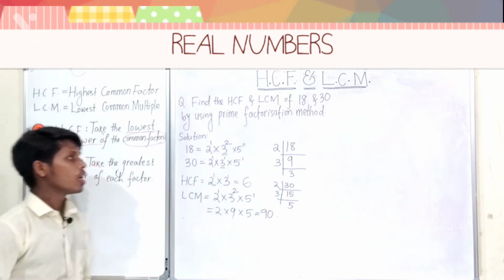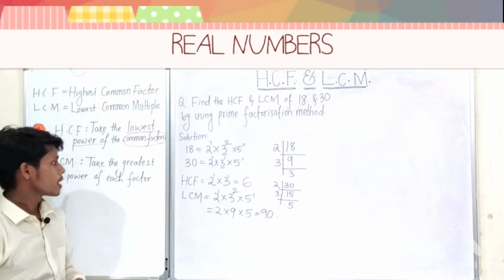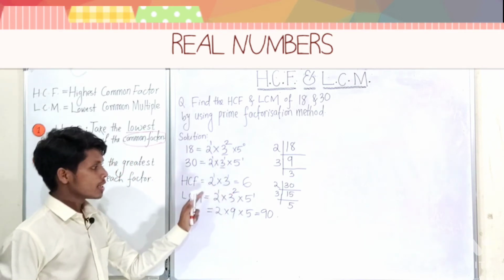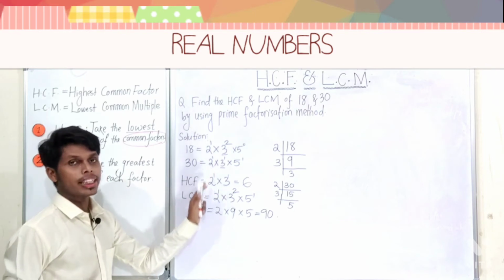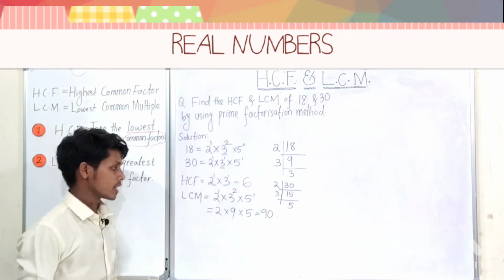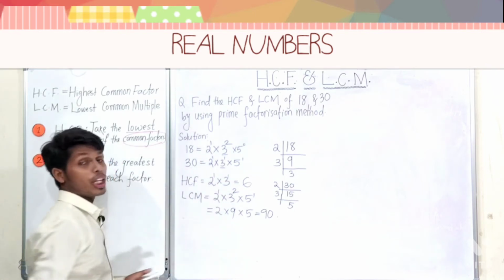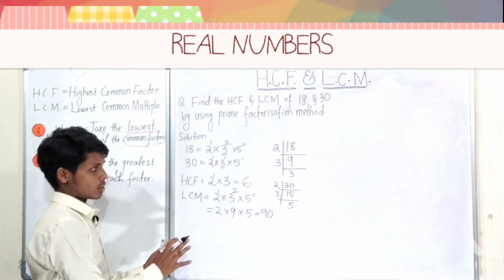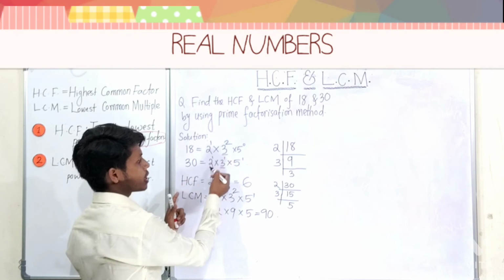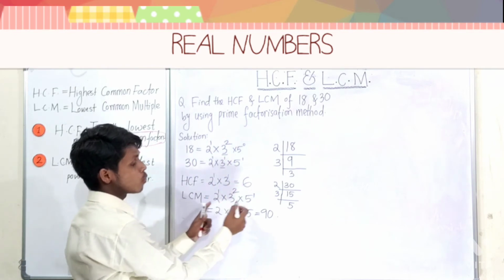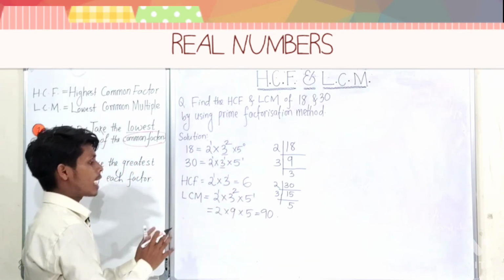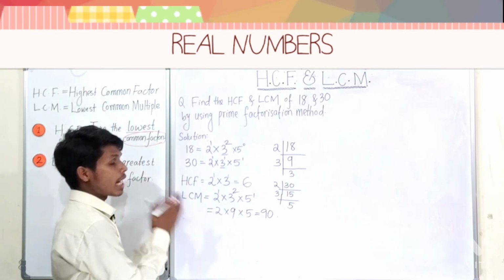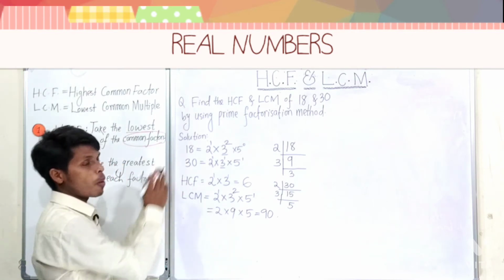Okay, simple. Let me again repeat the steps. For HCF, at first you have to check for the common factors, then you have to take the smallest power of the common factors. And for LCM, you have to write all the factors only once. Okay, if it contains 2, 3, it also contains 2, 3, we don't need to write 2, 3 again. We will write the factors once, then we have to take the greatest power if it is common in